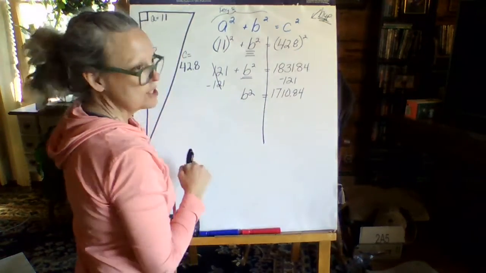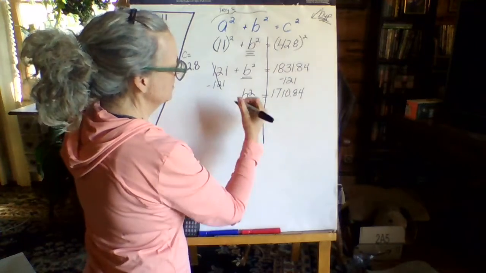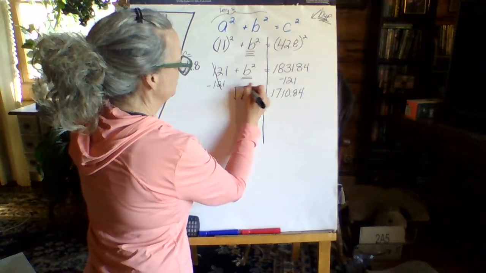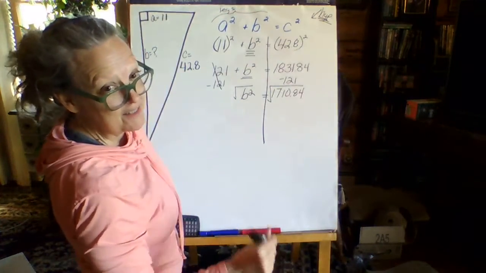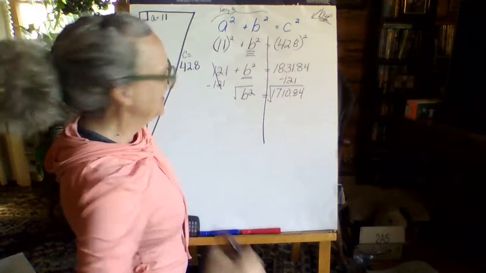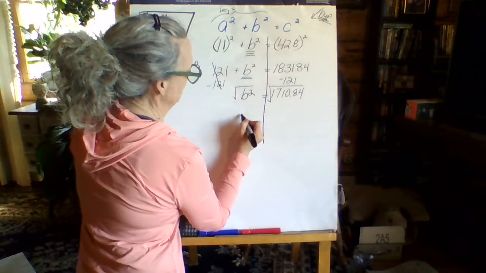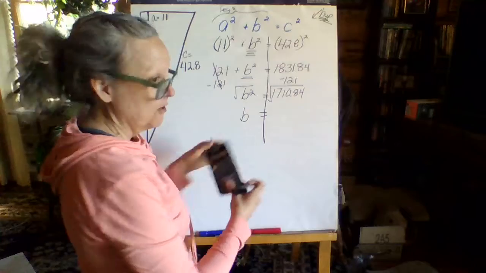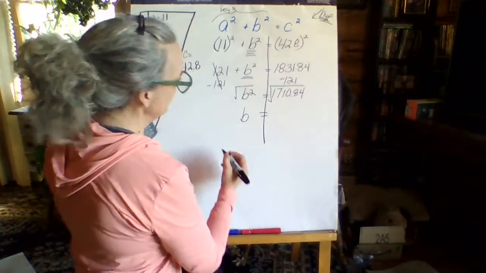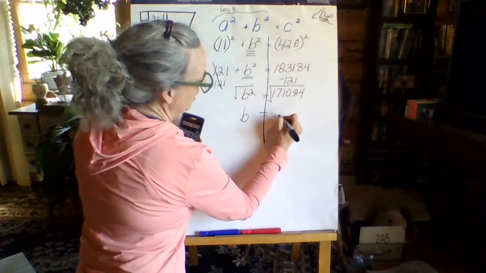In order to undo a square, very simple, we just need to take the square root. Square root of that side, square root of this side, on both sides of the equal sign. This will give us B equals, according to my calculator,